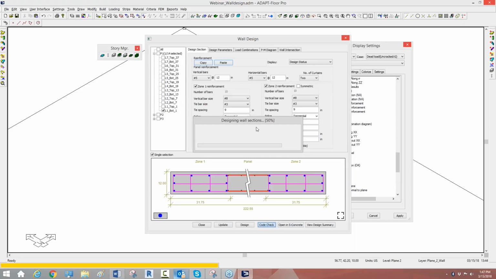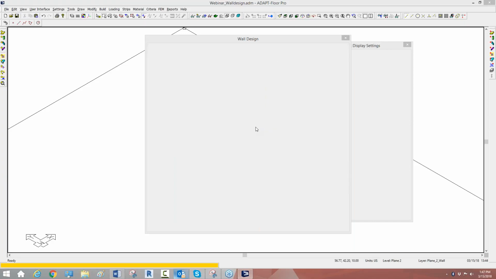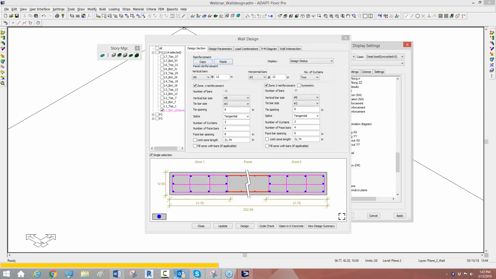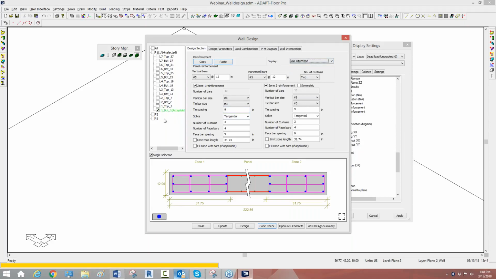And remember this, because I've selected S-Concrete as my design tool, we need S-Concrete as a licensed product on the machine. And you can see once that has finished, the program will update the status. There's a warning associated with this section. If I wanted to, I could also show the shear torsion utilization and axial moment utilization as a status check. So I look at this and I say, okay, I wonder what the warning is for. That signals to the user we need to check that out. I can immediately go to the design summary,